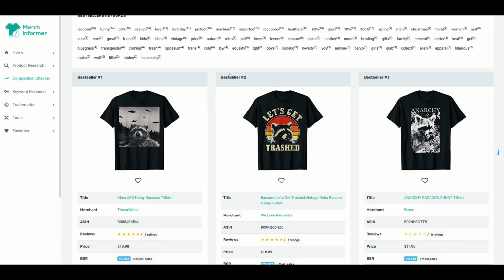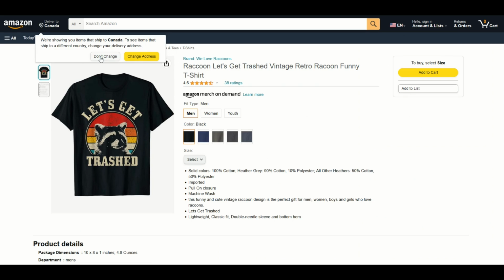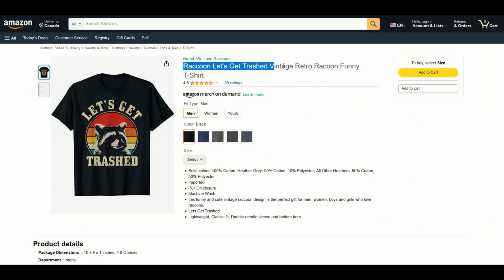Let's take a look at bestseller number 2. Let's Get Trashed. We can see here 9 estimated sales, and the average best-selling is 7 moving sales. And what I really like about this is if I click on the actual title, it's going to open up a new window in Amazon, and it's going to show the actual shirt with the actual keywords. So we can see here, you don't need to write some novel in the bullets in order to make it appear and actually get sales. This is what's mainly driving the search results on Amazon. Not always, but most of the time. So I'd recommend you put something in the bullets, but you don't need to have this huge novel, which I've seen